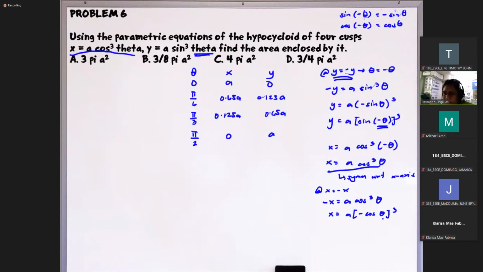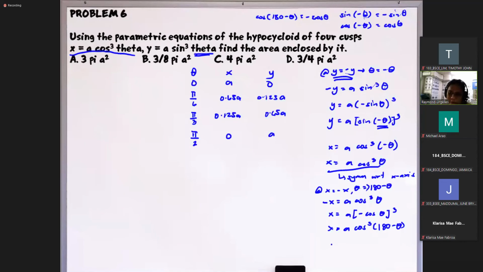Diba? So kaya dito, diba? So again, kailangan lang natin ito ibalik sa cosine. So ano ba yung magbibigay sa atin dyan ng identity? So we have cosine of 180 minus theta. So pag ginamitan nyo ito ng difference identity, cos 180 cos theta plus sin 180 sin theta. But sin 180 ay 0, kaya matitira lang is cosine 180 cosine theta. Cosine 180 is negative 1. So kaya ibig sabihin this is negative cosine of theta. So again, isa yan sa mga trigonometric identities natin. So kaya pwede natin itong palitan ng a cosine cubed of 180 minus theta. So kaya pag pinalitan natin yung x ng negative x, yung theta, mapapalitan ng 180 minus theta.